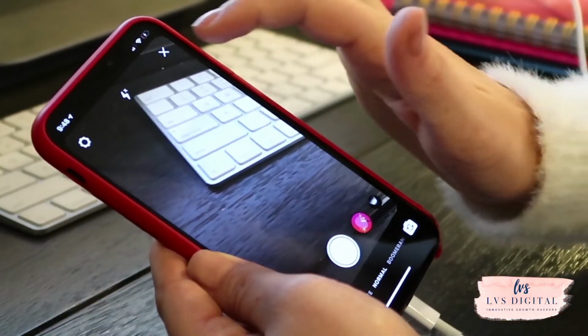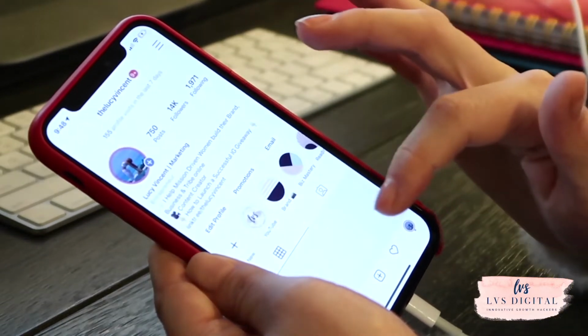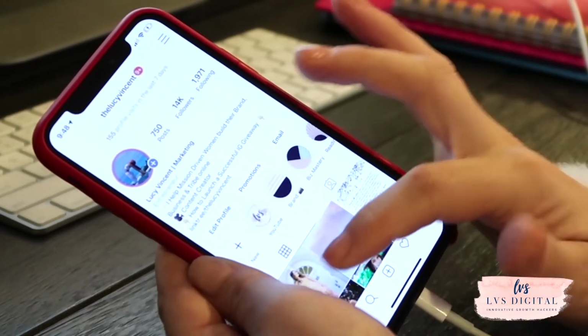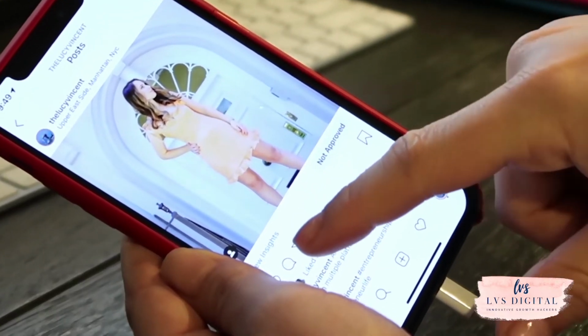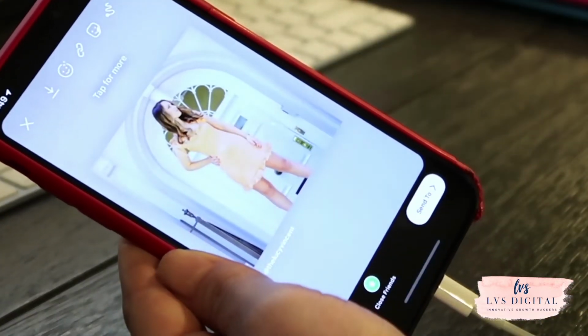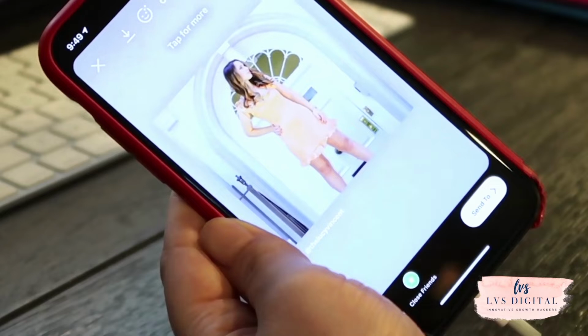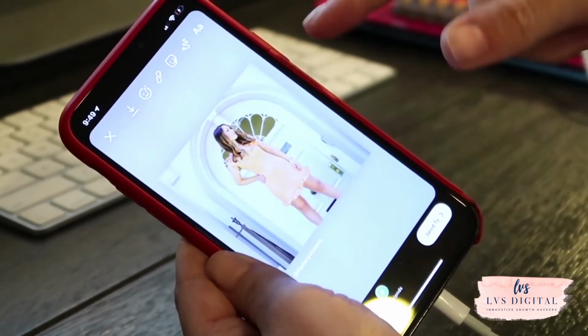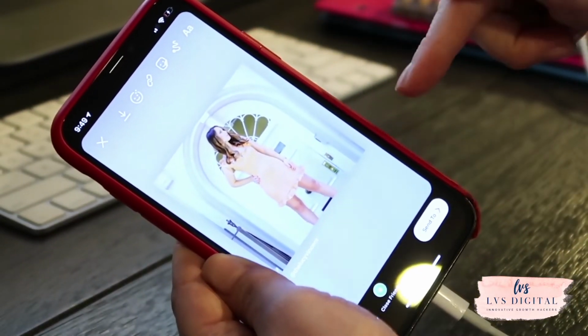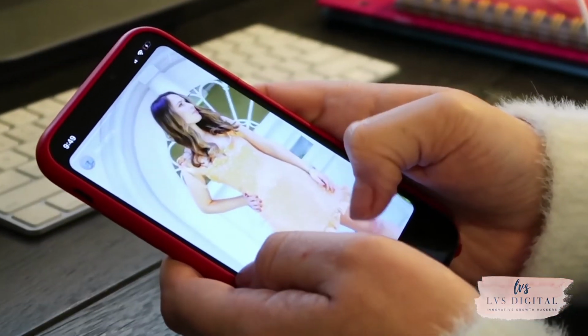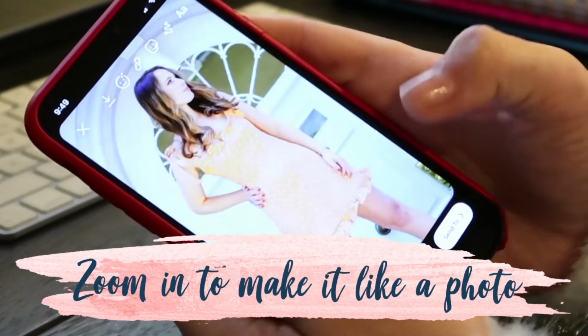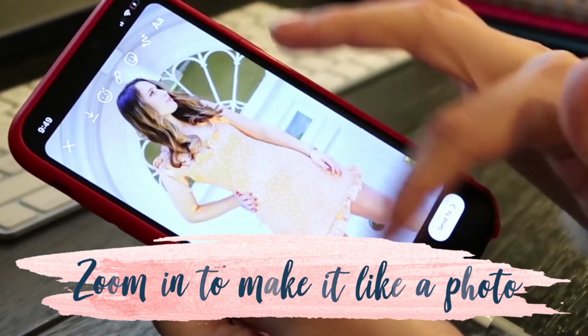Next, I'm going to show you a fun way that I like to post new photos to my stories. So if you just go here and you click this arrow, you can add post to your story, which a ton of people do. However, I typically won't click on this because I've already seen the photo, so why am I going to take myself out of stories, go to their page to do the double tap that I love so much? So instead, I like to zoom this to wherever so it just looks like a photo,